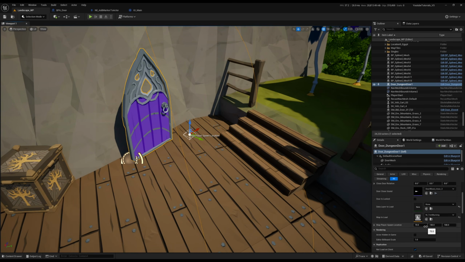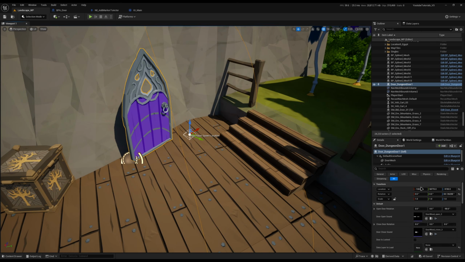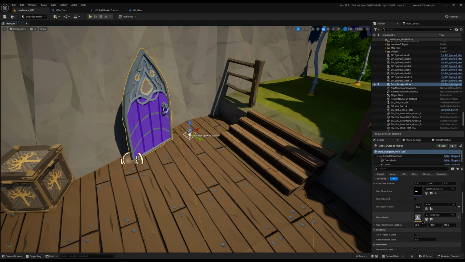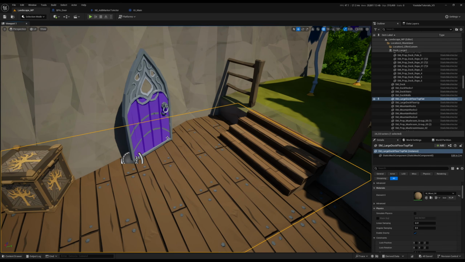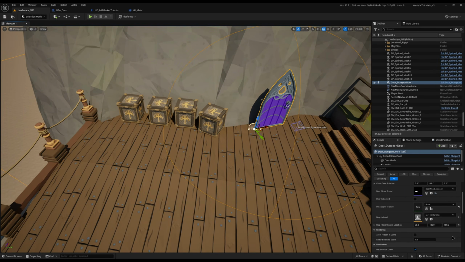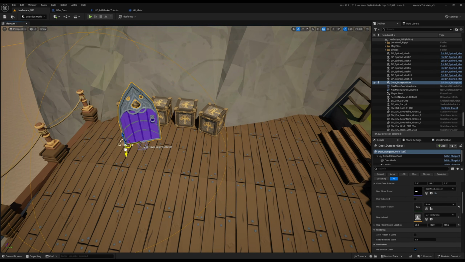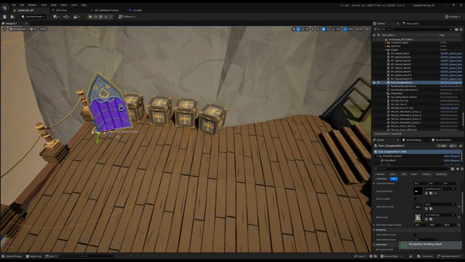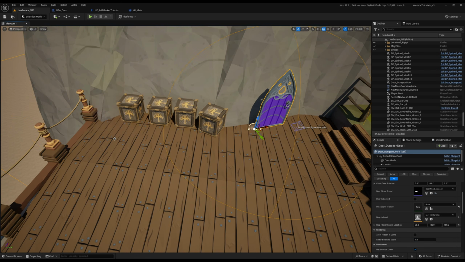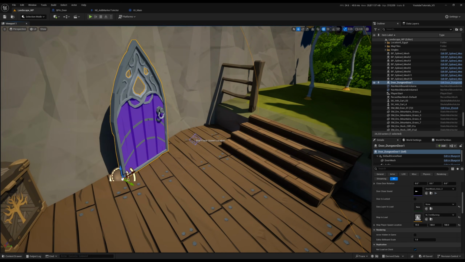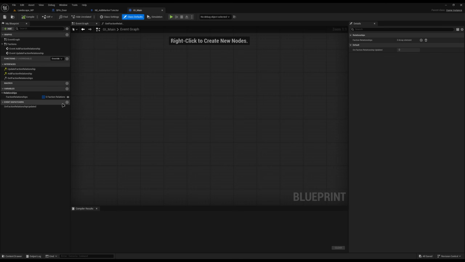But this vector here is not in the world. The world position is 13,000. But this is relative to the door, which means if I move the door over here, you can see those numbers stay the same, meaning the player will always remain in that spot, no matter where you move it to. So now that we've got that, all we need to do is add on our game instance